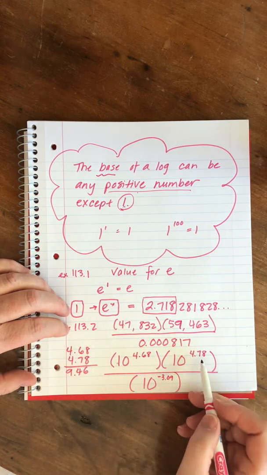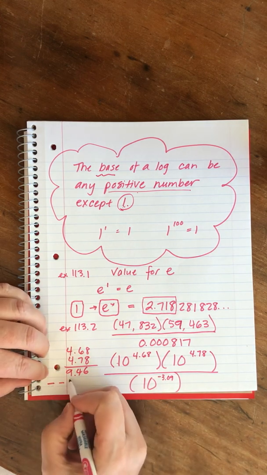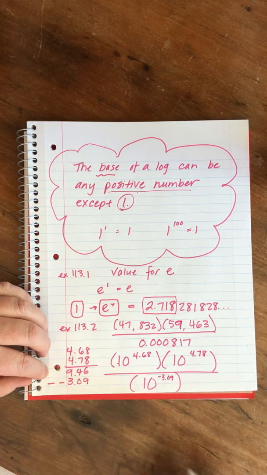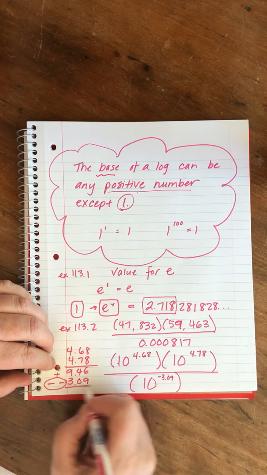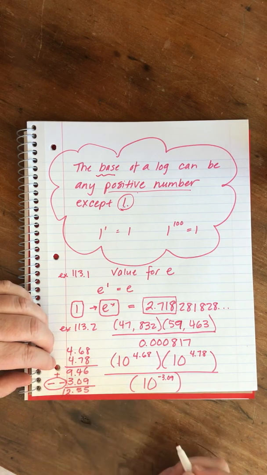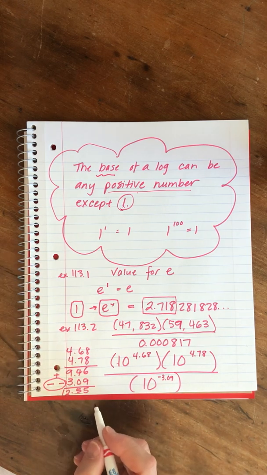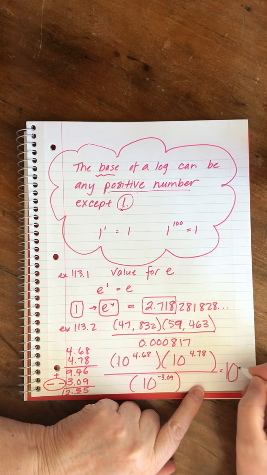Okay, so that much is 9.946. Then we're going to subtract the minus 3.09. So this is actually going to turn into a plus, isn't it? And so our final answer, I added them together, I got 12.55. So our final answer equals 10, oh my gosh, that's squishy, 10 to the